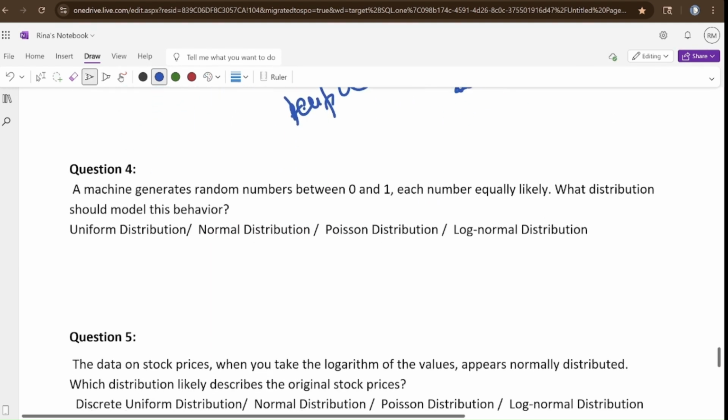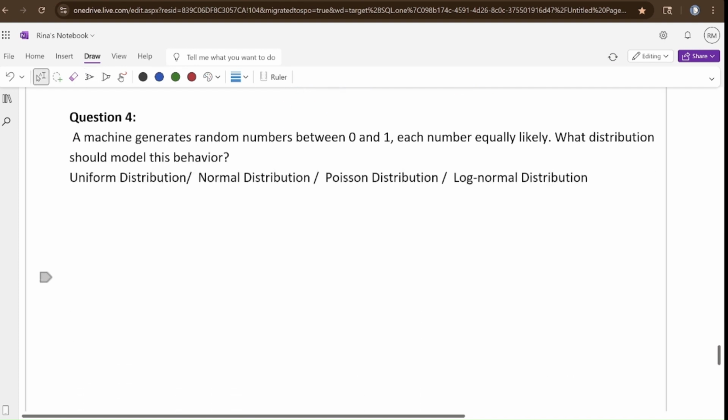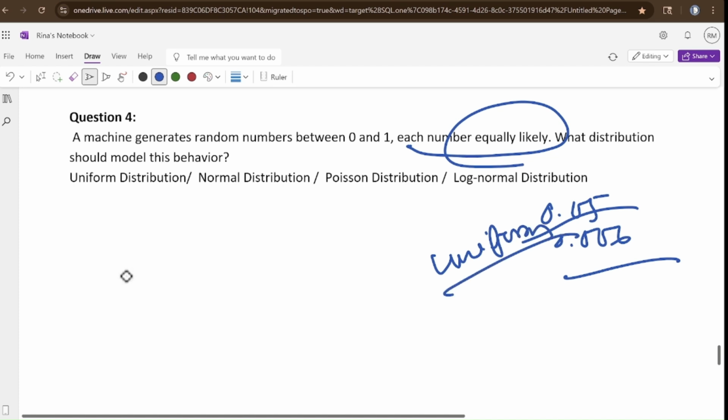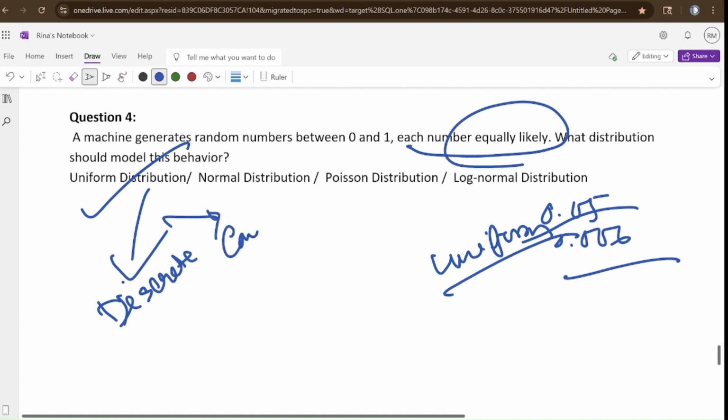The third question. A machine generates a random number between 0 and 1. It may be 0.05, 0.06, any number, and each number is equally likely. No disparity. Any number can happen. So the outcome is uniform. Anything can happen. Okay, so the distribution is uniform distribution. And it is of mainly two types. One is for discrete, another one is for continuous,